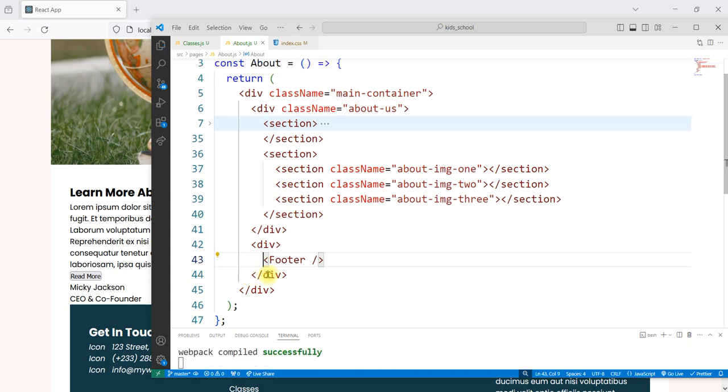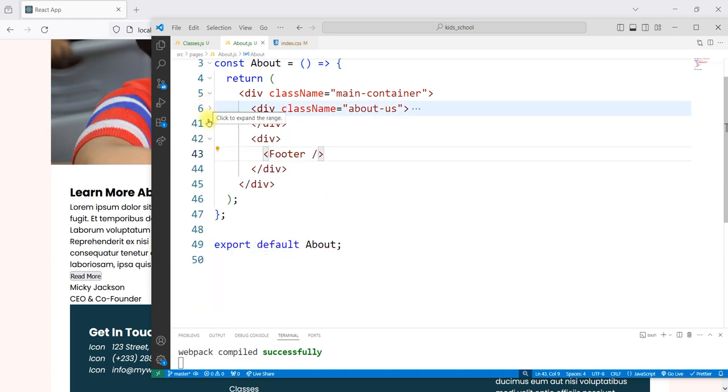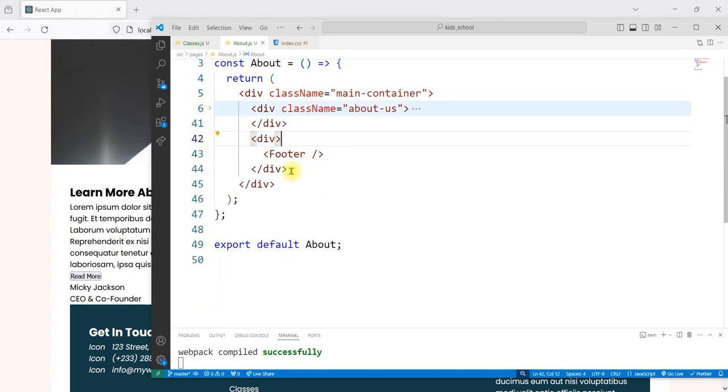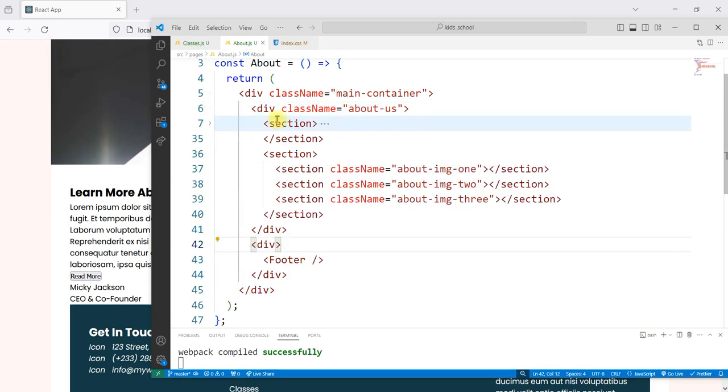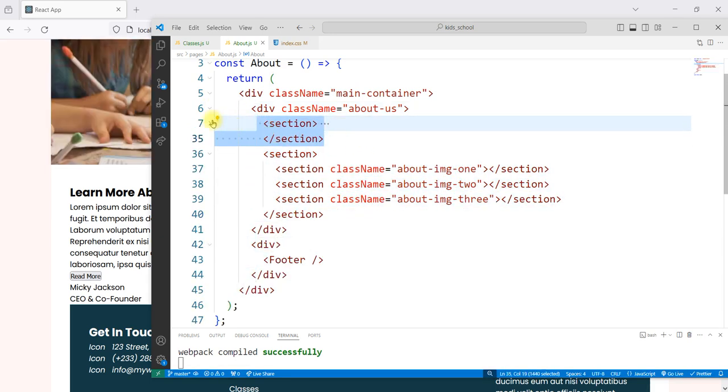So we'll paste this footer in that div. So we have a div here, a div here. The down one contains the footer, the up one contains this section, and this section